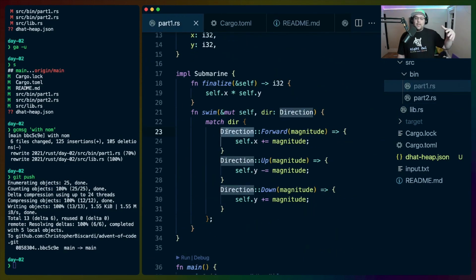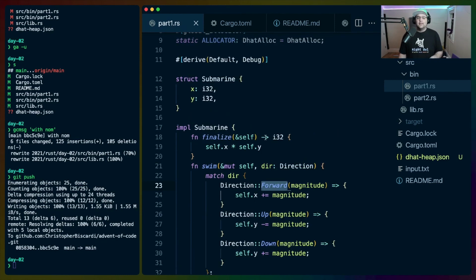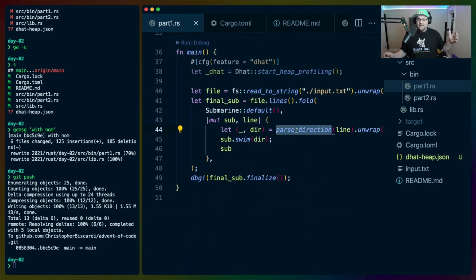Like we know that we have one of these 3 now. We don't have to wonder, is there an extra string or did I misspell this? We parse it, it either parsed correctly or it didn't. And from that point on, we have just these enums with the data that they need. And then nom is just mind-blowingly awesome when it comes to actually parsing stuff. So yeah,